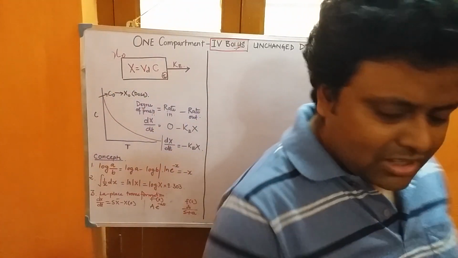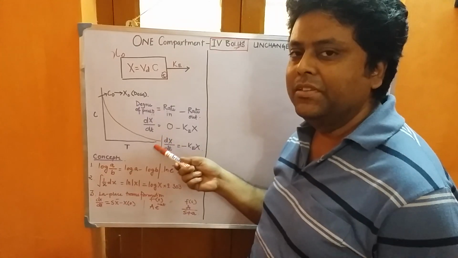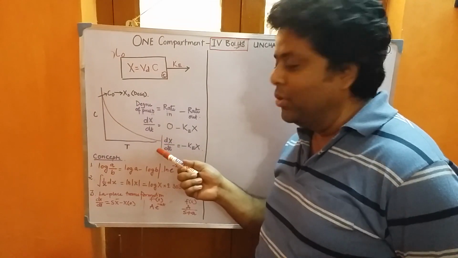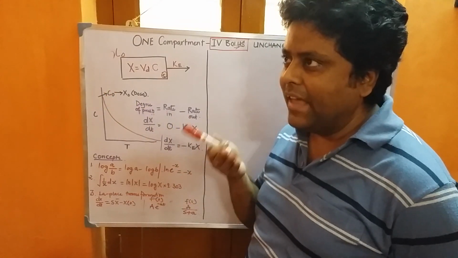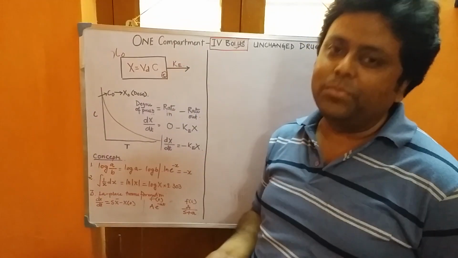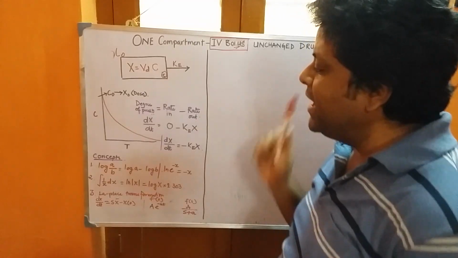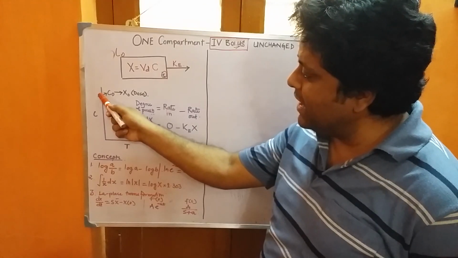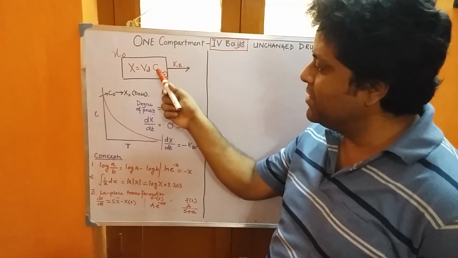Generally, if you plot the equation, you get a curve like this. This is the first order exponential curve with a negative slope, that is, going down. Negative suggests that the drug is moving out of the system, so it is moving out of our body, so it is producing a negative slope. Whereas the intercept on C suggests the C naught.